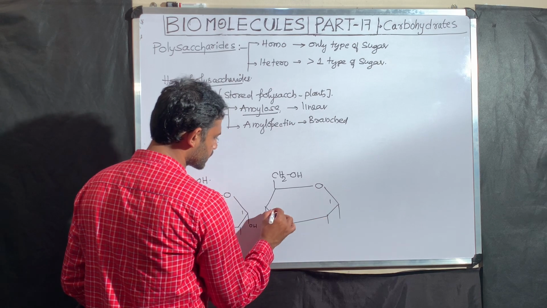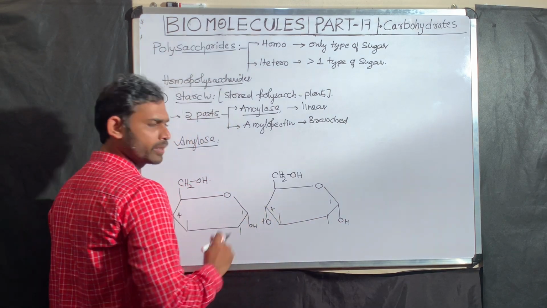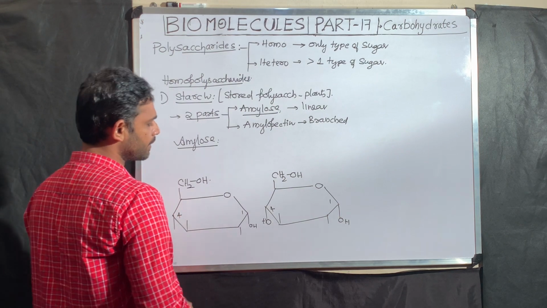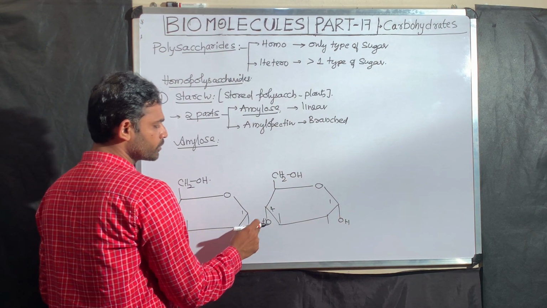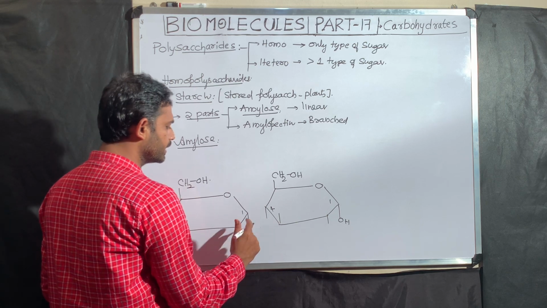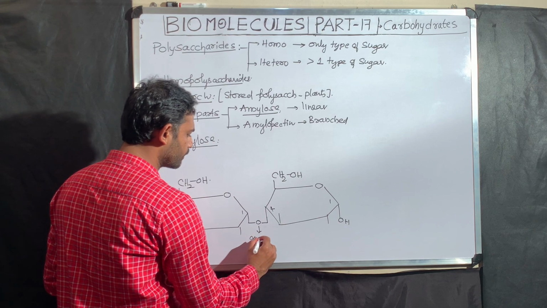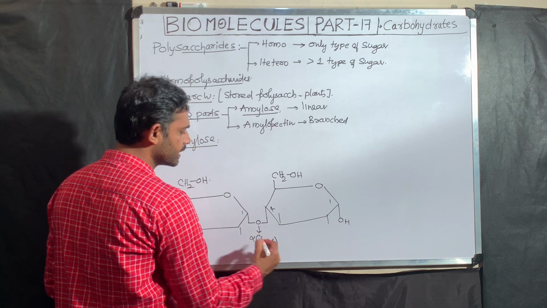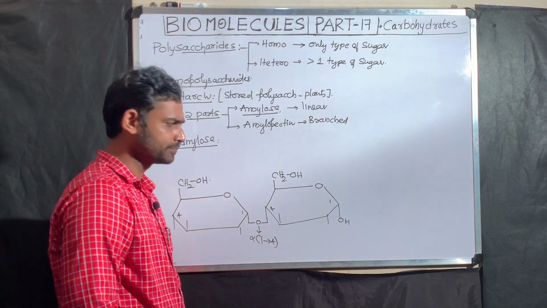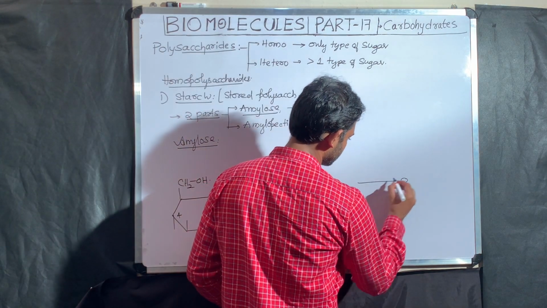Here, this is the first carbon, fourth carbon. Here an OH group, this is the OH group. So what is happening here? First carbon OH group, fourth carbon OH group. If you remove water, automatically dehydration happens. What is the name of this bond? That is an alpha 1,4 glycosidic bond. Now clear? One more sugar I will make, for the polysaccharide.